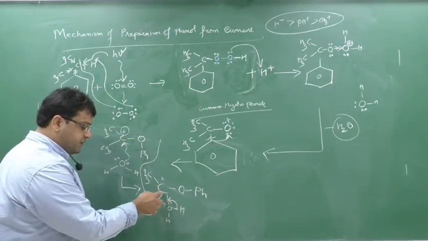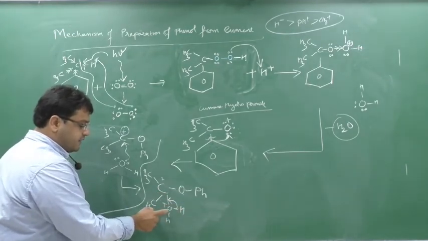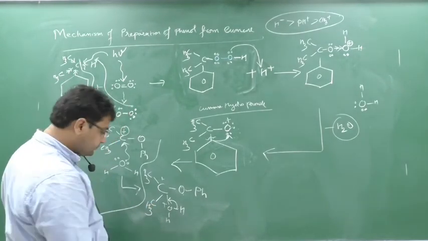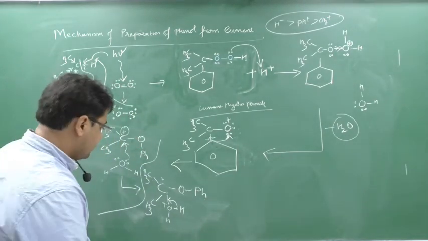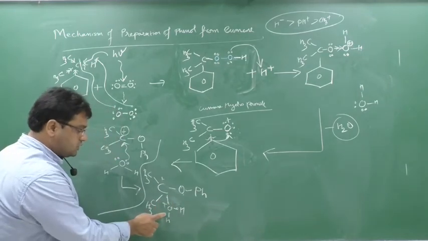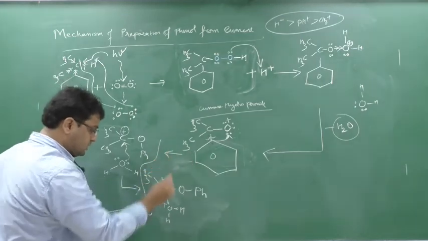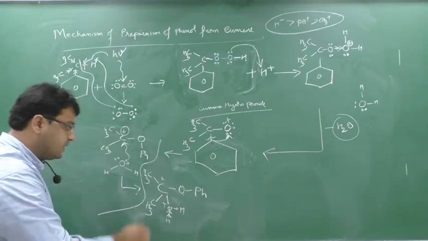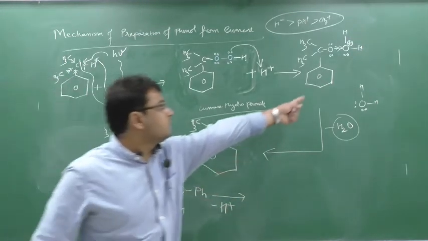When this bond shifts here, it makes an H plus, so that this oxygen will get satisfied. Or we can do one more step, I will show you. See, this is an oxygen, so this oxygen should have a negative charge, but which charge is it having? Positive charge. So this oxygen will start to attract electrons from this hydrogen, and this hydrogen will be removed as H plus. So here H plus will be removed, the acid which I got here.